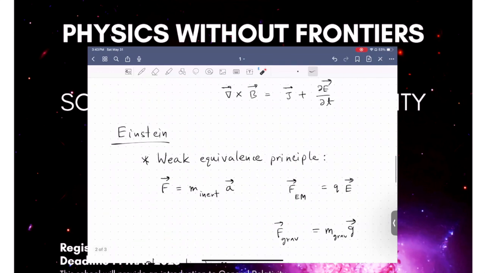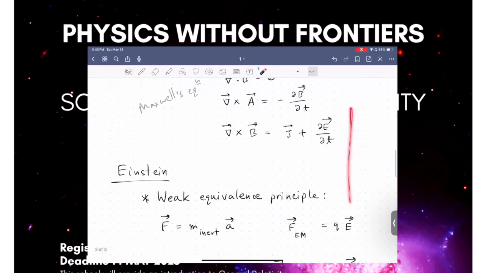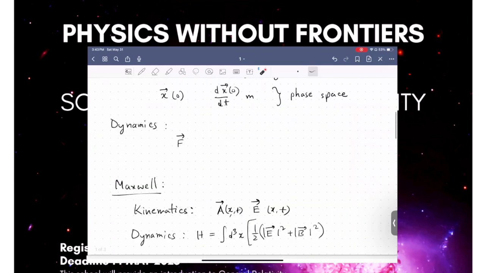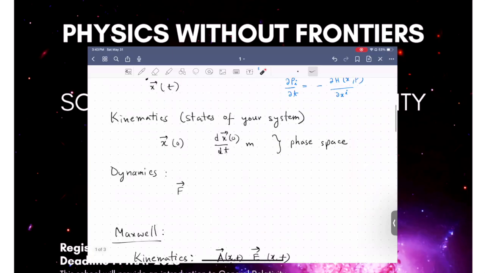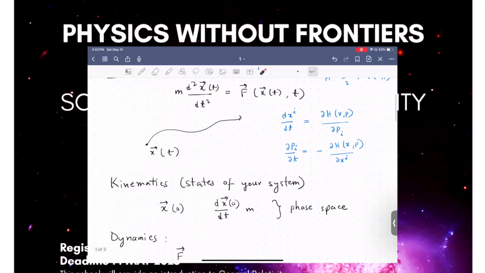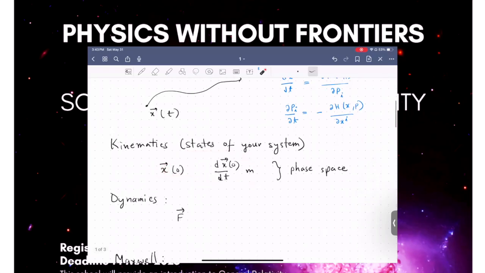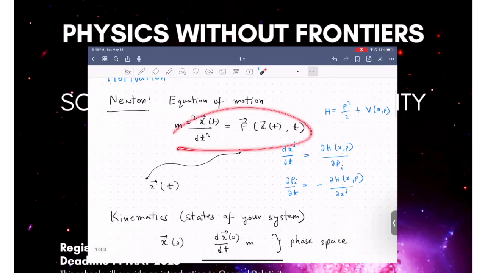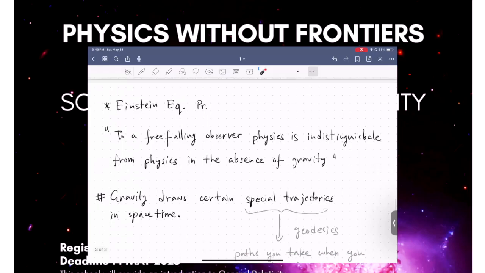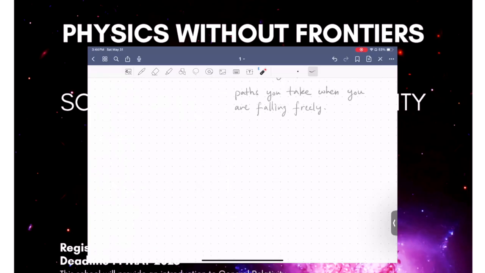How do you still fit that into this framework of classical mechanics where you have your phase spaces described by states and some equations governing dynamics, right? So what are your states in the theory of gravity and what is the dynamics? Well, so again, we do not have any a priori reason to be absolutely certain that this is going to be true, but what ends up being a sufficiently accurate description is that